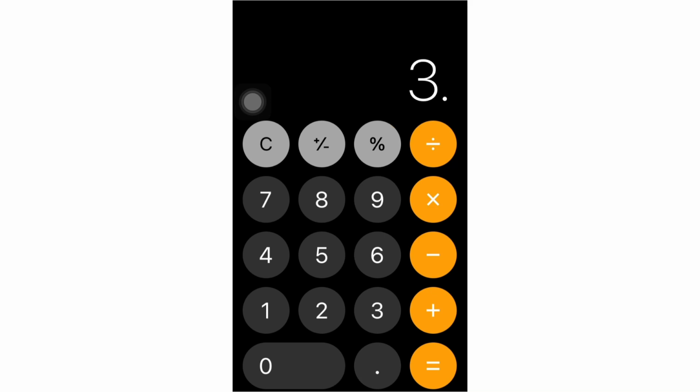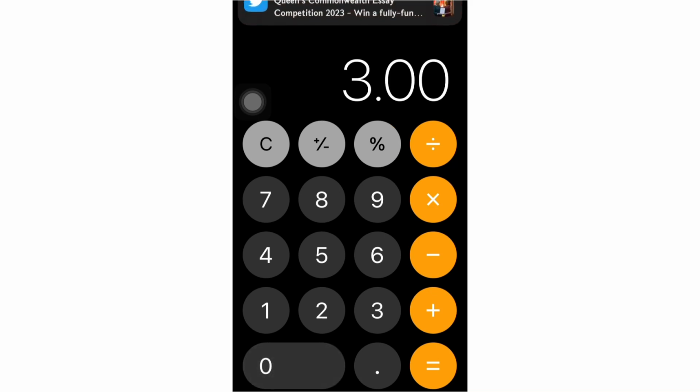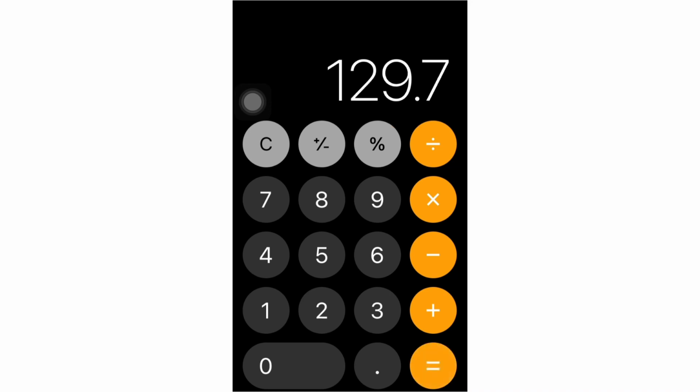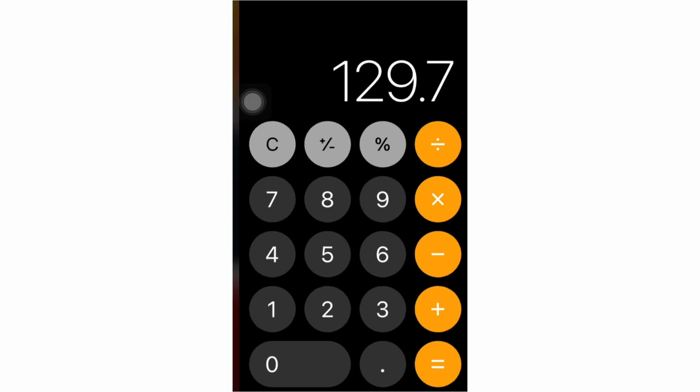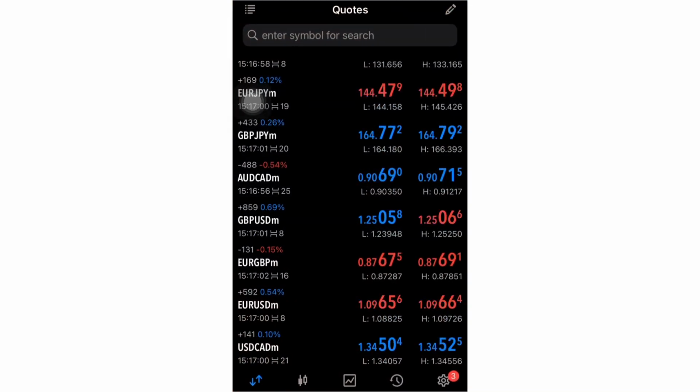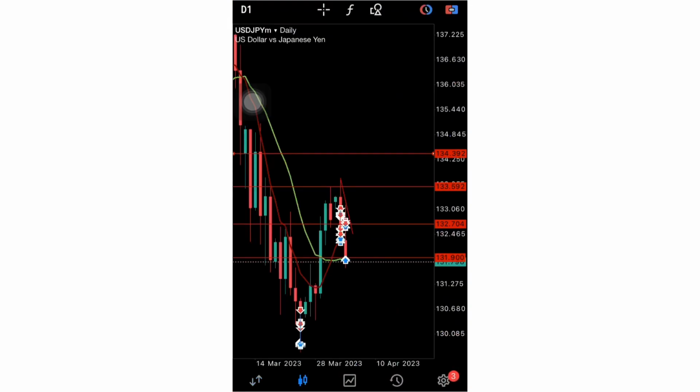3.3 something, I can't remember. Let's just use 300. So because we are shorting, I'm going to take profit at 129.7. For instance, I'm going to take profit at 129.7. It means that